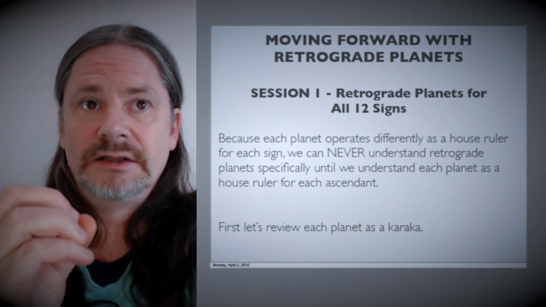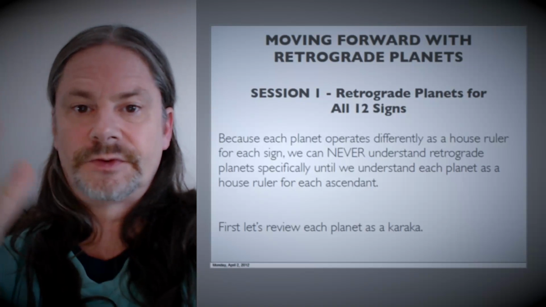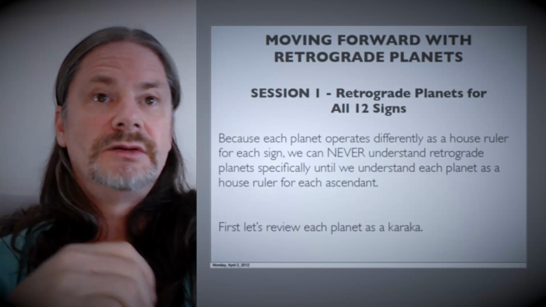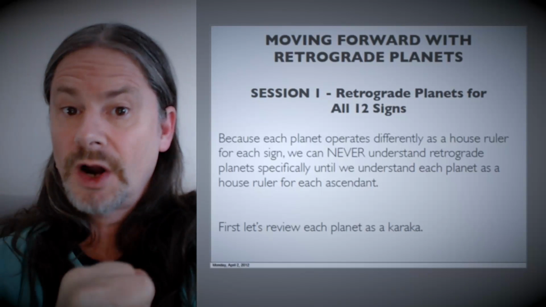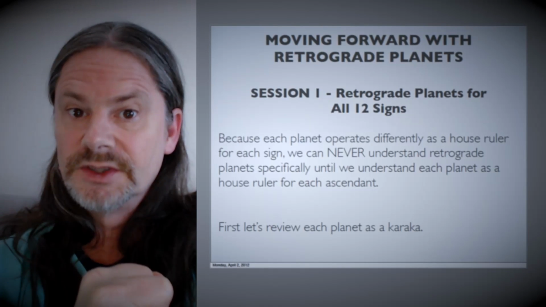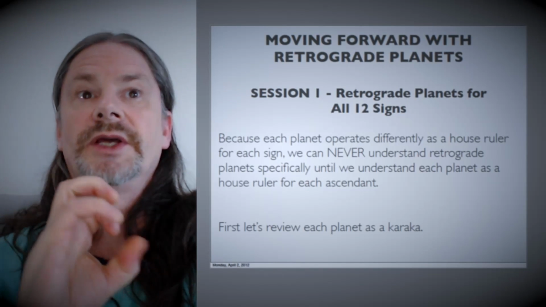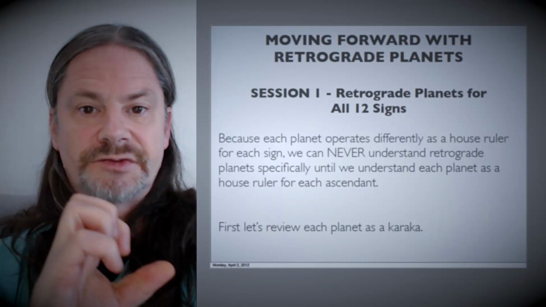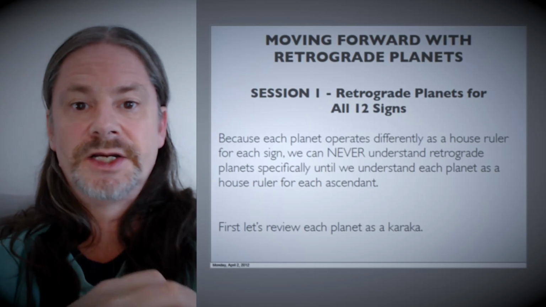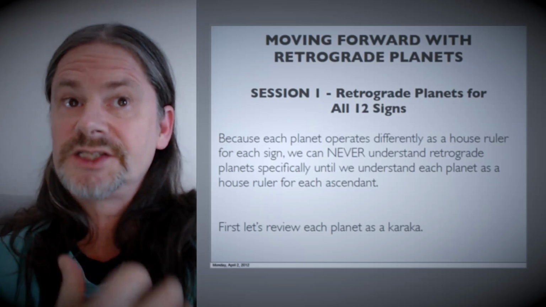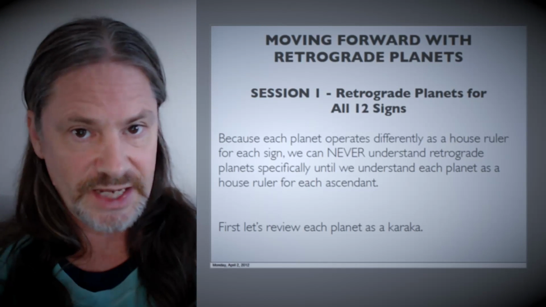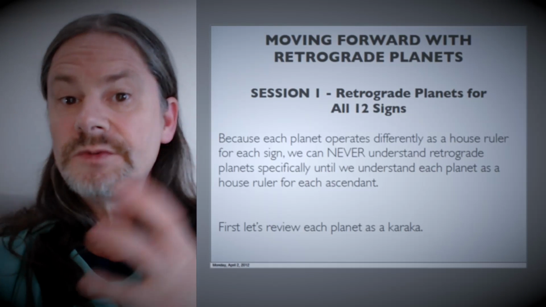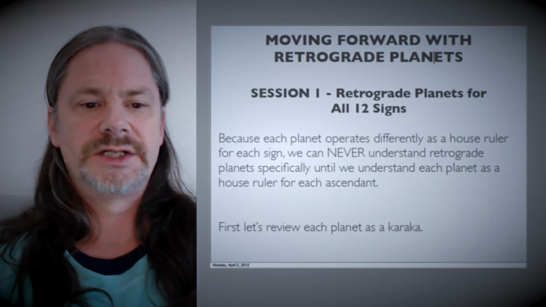So that would mean, again, like for a Taurus person, Mars rules the 7th and the 12th house, which has to do with partners and relationships as well. So not only would Mars for a Taurus person that's retrograde create disruptions with siblings, because Mars is the karaka of siblings, but also partners, because Mars rules the 7th house. So these would be the things that get disrupted.